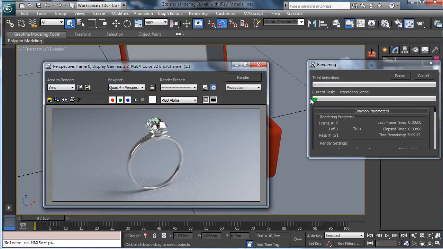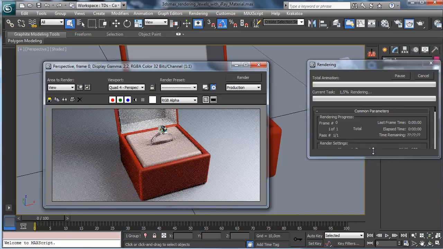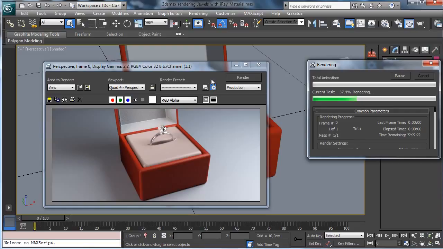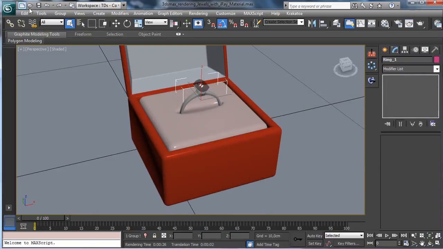Let's make a test render just to see how it is going, and you see that we have something better than before. We have to work on the shaders, because actually there we are using just a really basic shader. We have no bumping, we have nothing, so we have to play a little bit better with the stuffs, but it is not bad. And we have also to finalize the lighting. So let's save,